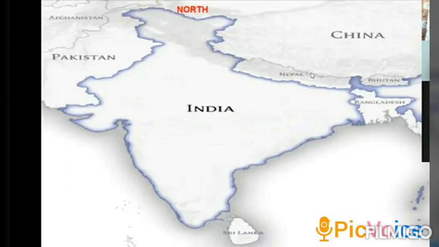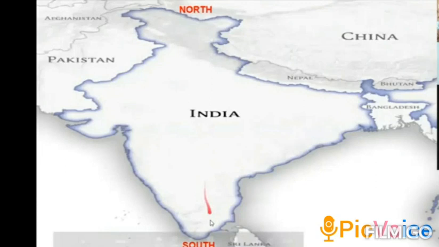But how can we trust the directions? This we have already learned in standard 4th and we are just going to revise now. Always remember, as shown in the above map, you can see north is shown in the upward direction. Downward is the south direction, which is shown with the red writing.